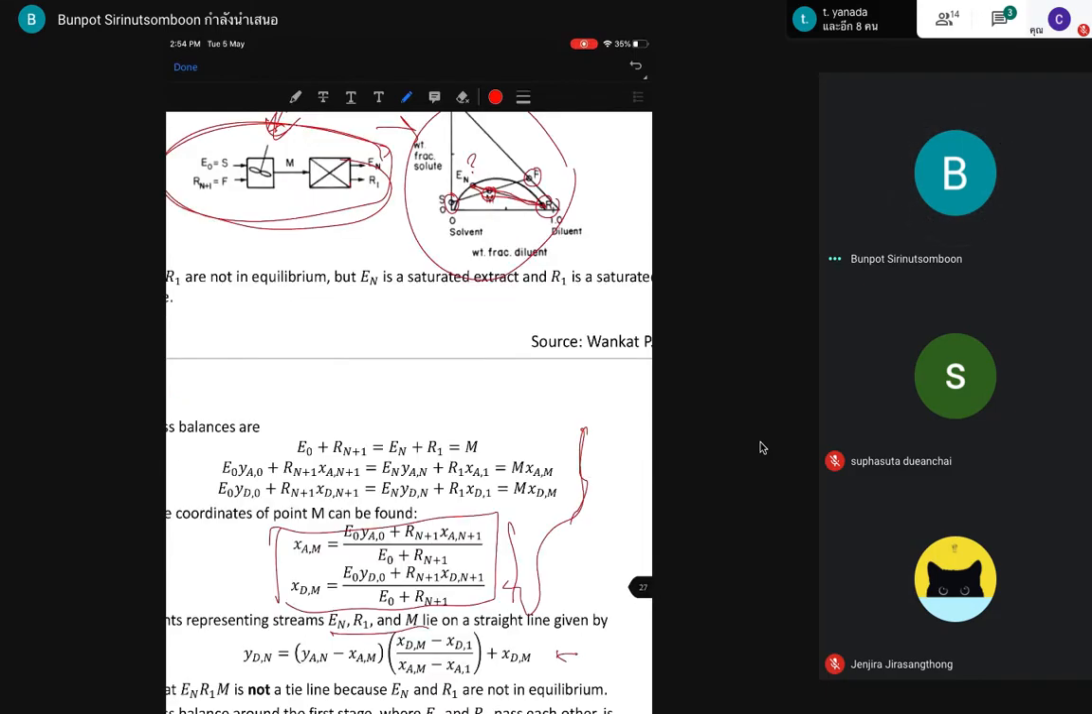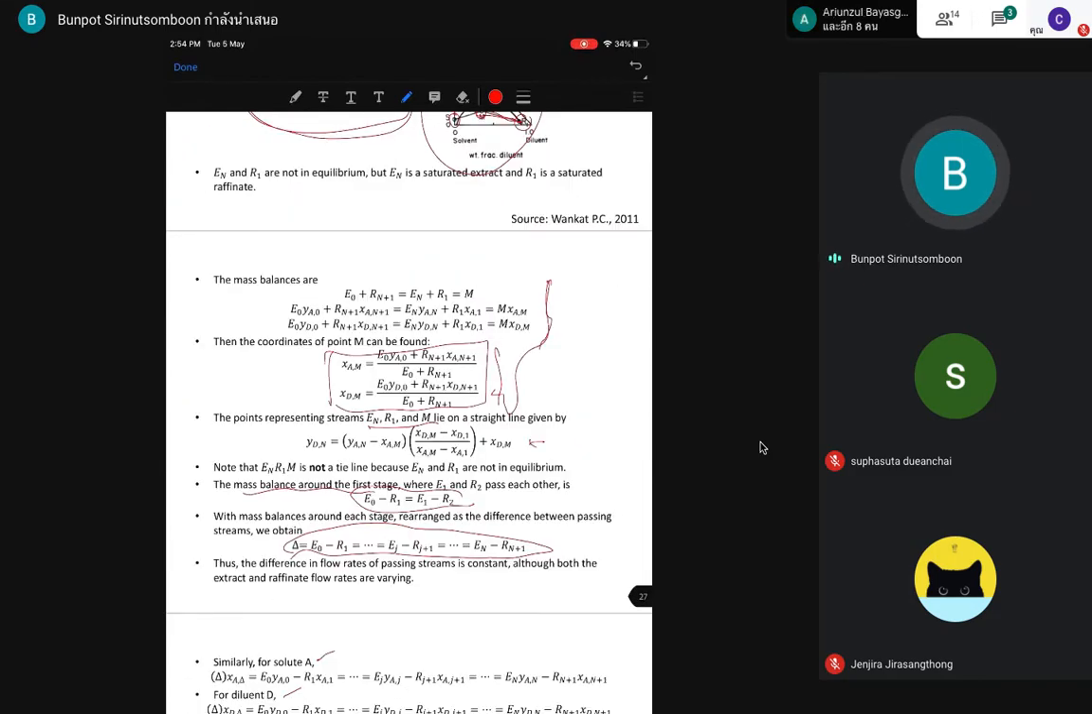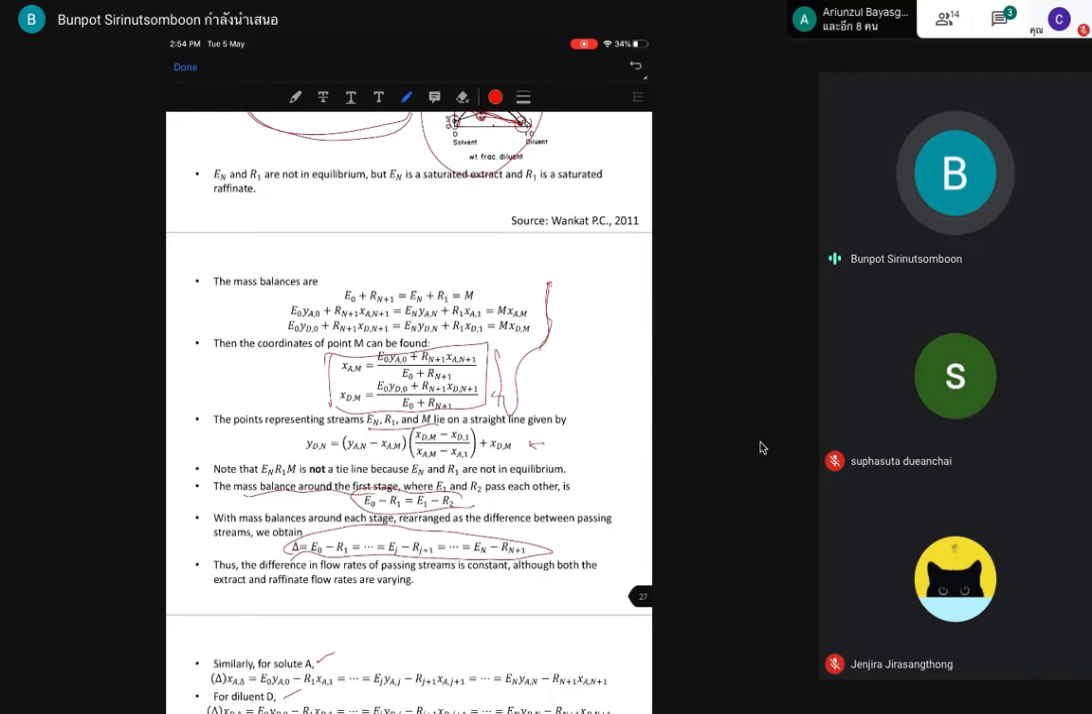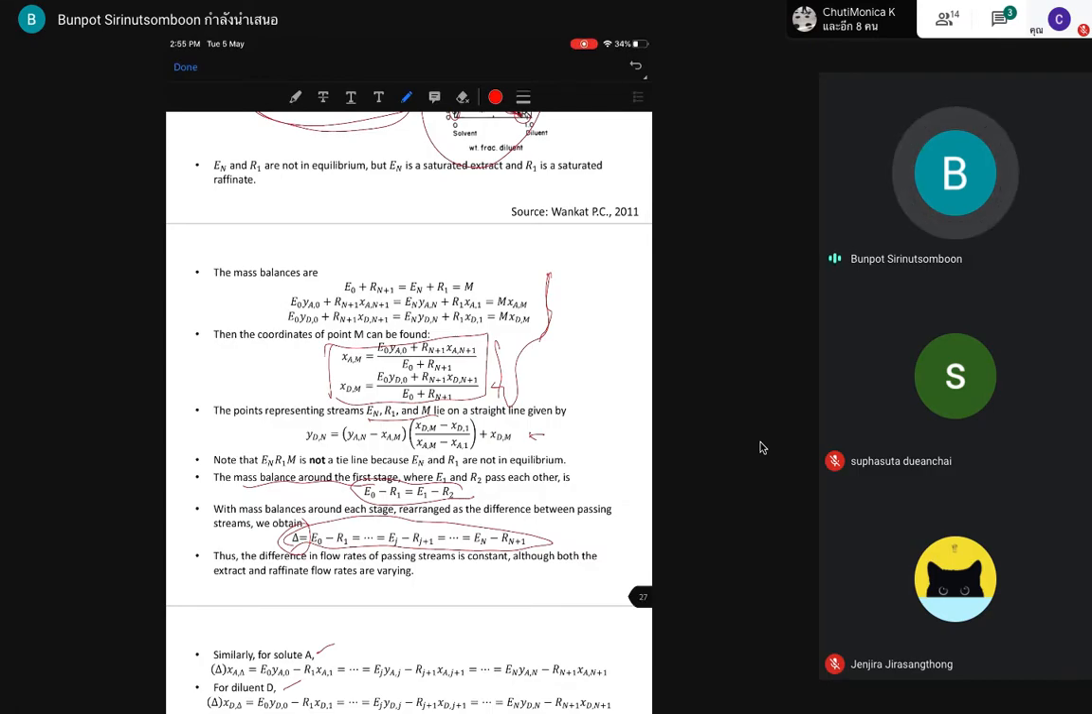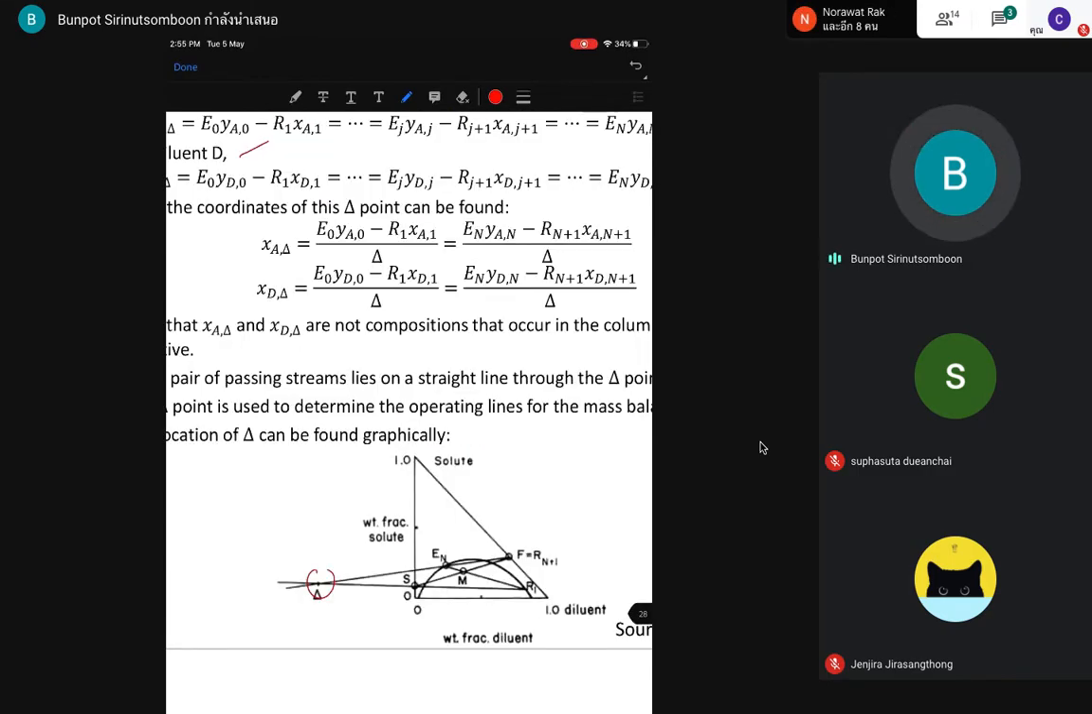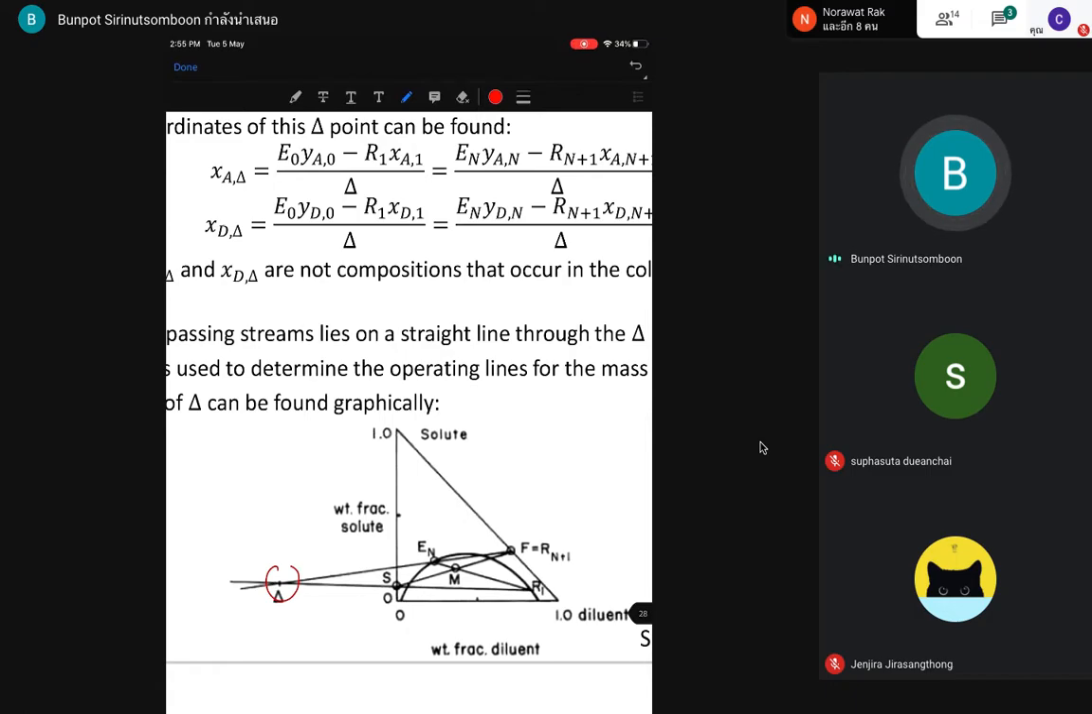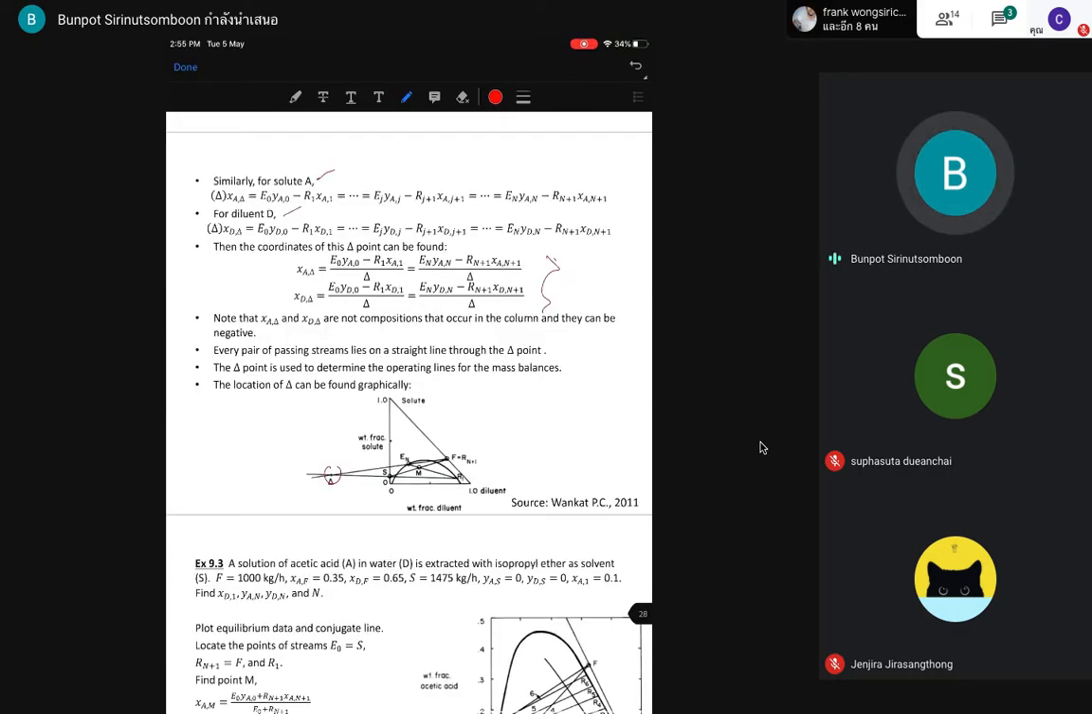In addition to point M, there's another imaginary point called the delta point. This delta point is right here. It's an imaginary point outside of the diagram, but it can be useful in finding the number of stages. By example here, in this example,